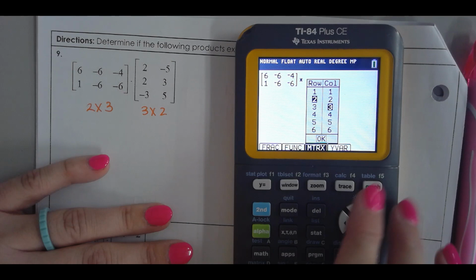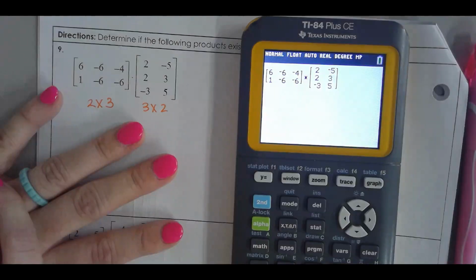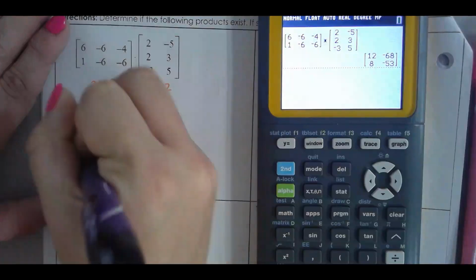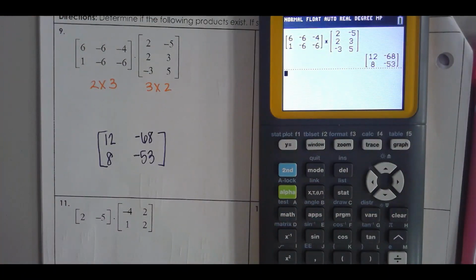Then I need a 3 by 2. I promise this is a lot faster than doing the calculation. I got 12, 68, 8, and